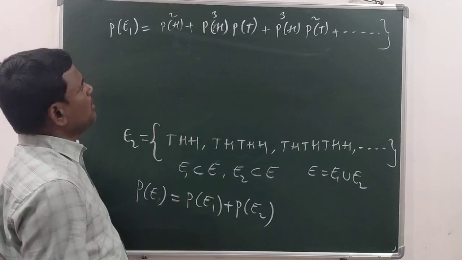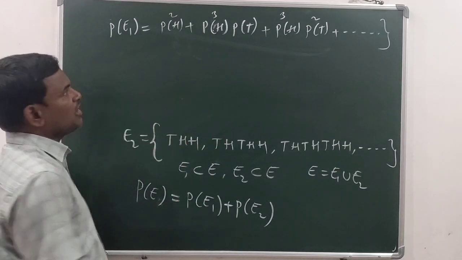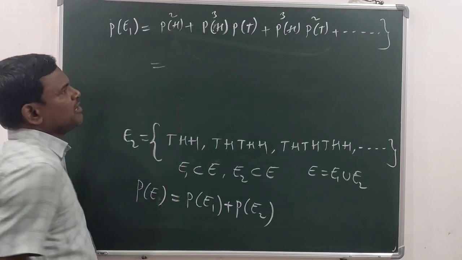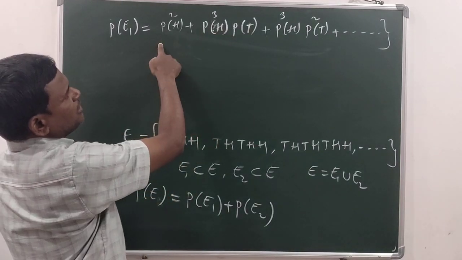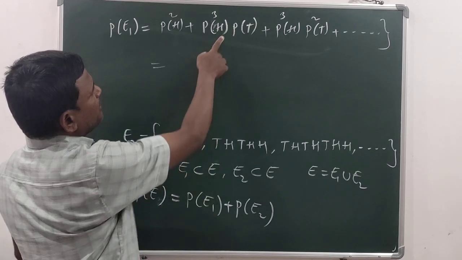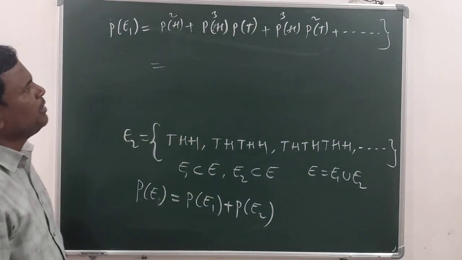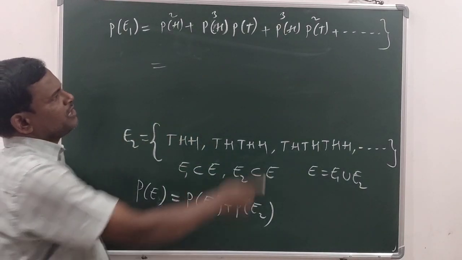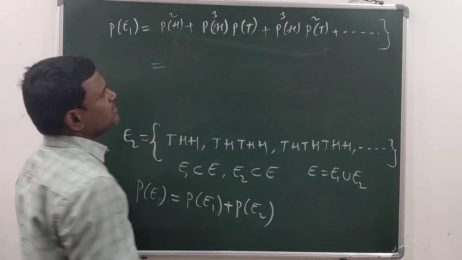So from all of them, what do we take common? Otherwise directly you can write. It is here, this by this. You will get P of H cube into, see if you divide this with this, what do you get? P of H into P of T. Here also if you divide this with this,